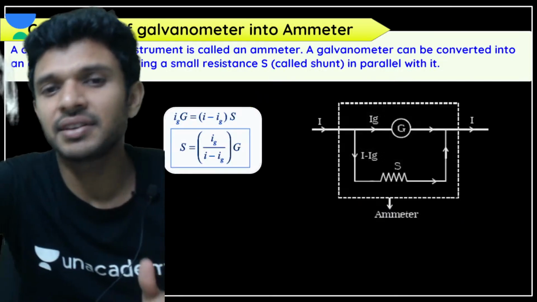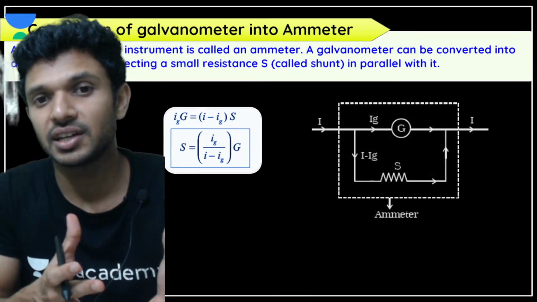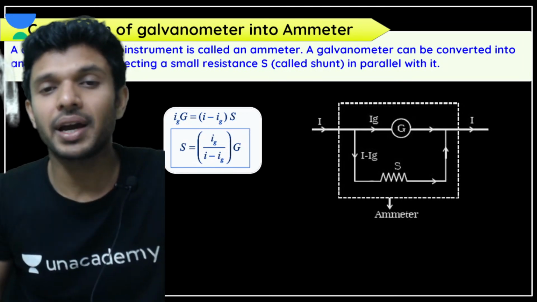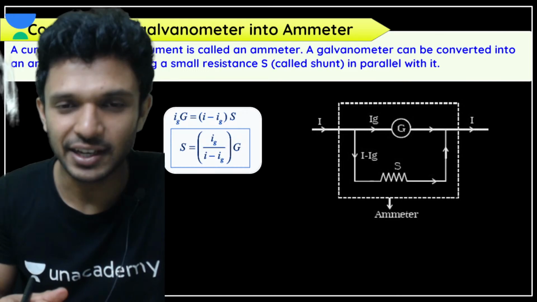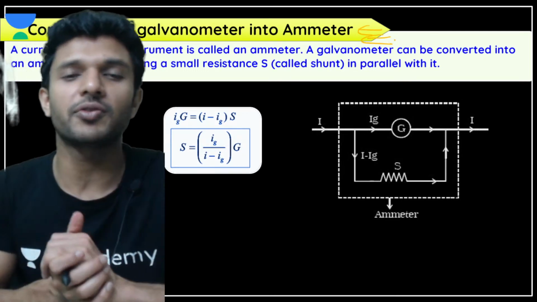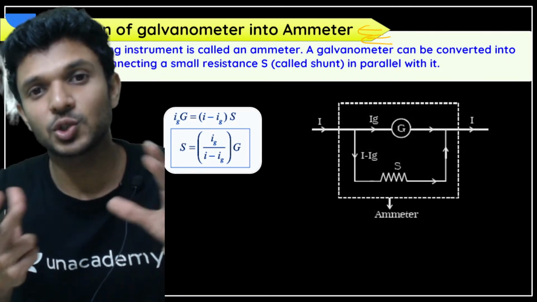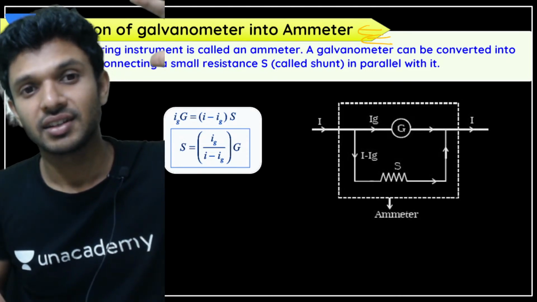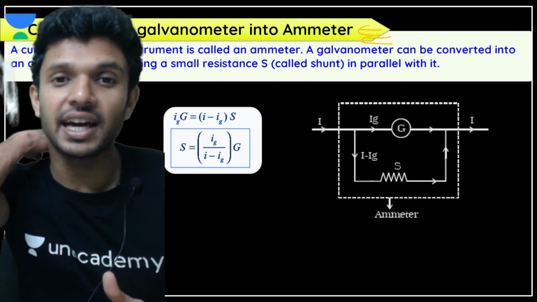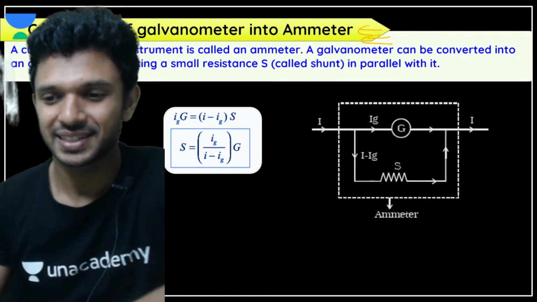So ammeter and voltmeter are devices which measure a large amount of current by the ammeter and a large voltage drop by the voltmeter. Actually, the ammeter and voltmeter are converted forms of the galvanometer, which means we are converting a galvanometer into an ammeter so that it can measure large current, and we are converting the same galvanometer into a voltmeter so that it can measure a large voltage. Shall we find out? Look,